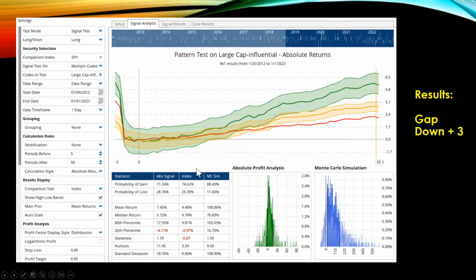71.24. Now, if you just sit back and hold the index, you have a higher chance of the index going higher, but not as much. Look at the mean return numbers down here. The mean return is 4.48, and the mean return for the signal that I'm describing,